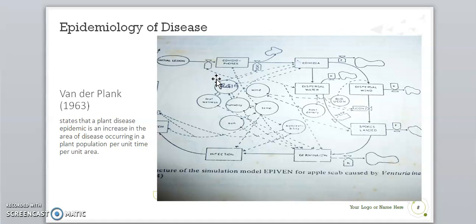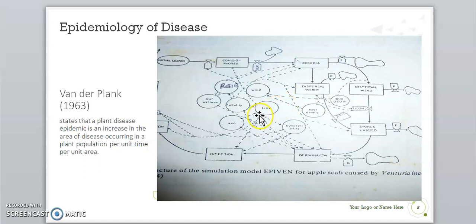This is the epidemic of disease, okay, per unit time and per unit area. The factors for an epidemic to happen are water, wind, and temperature that support the epidemic. Okay, like this